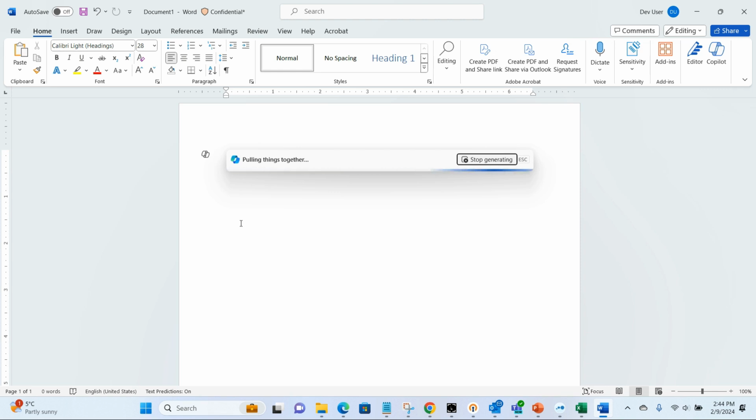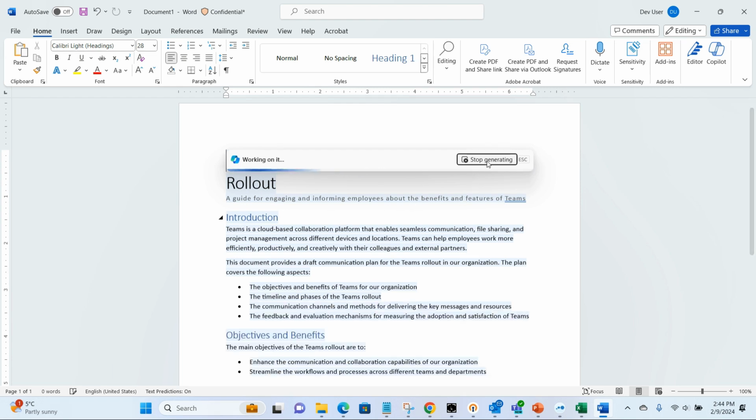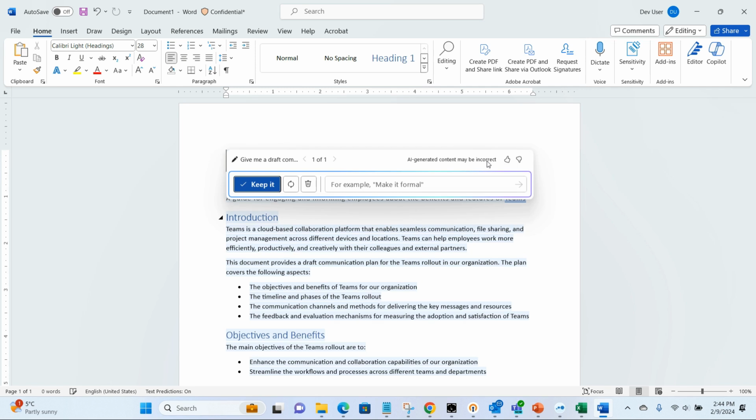It is pretty cool. It takes a few minutes, but then it gives you a draft plan of what needs to be done for rolling out Teams in your organization. I'll stop the process. So in the case of Microsoft Teams,